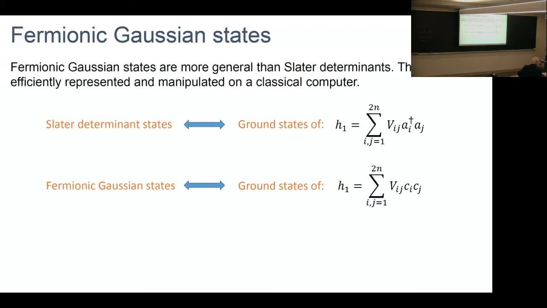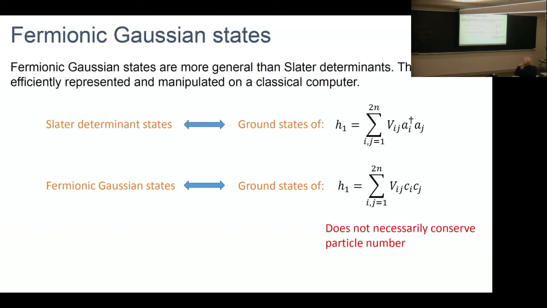So they don't necessarily conserve particle number, even in the case where the Hamiltonian conserves particle number. Like that example I gave before, this Richardson model, where Slater determinant states fail, the Hamiltonian conserves particle number. It has a symmetry, so the maximum eigenvector certainly has a fixed particle number. But we saw that Slater determinant states fail, even though these Fermionic Gaussian states succeed in a kind of dramatic way. So that's an interesting lesson.